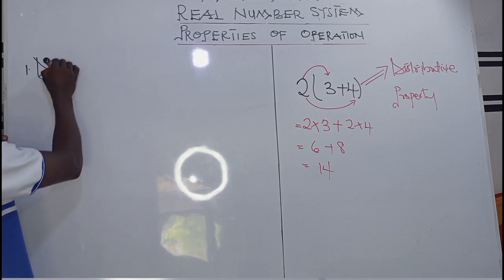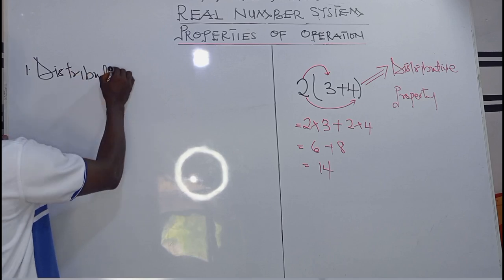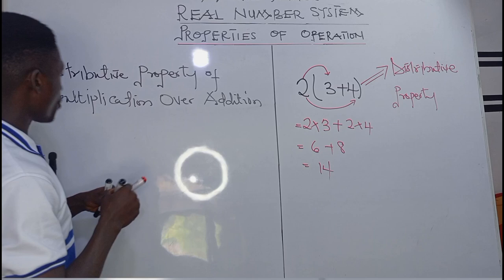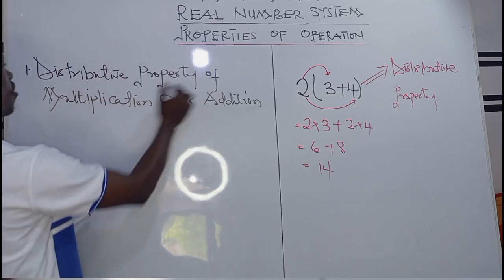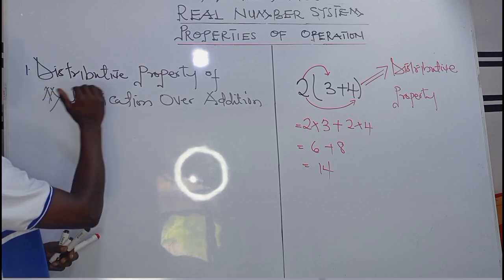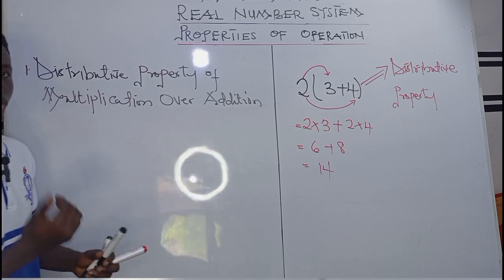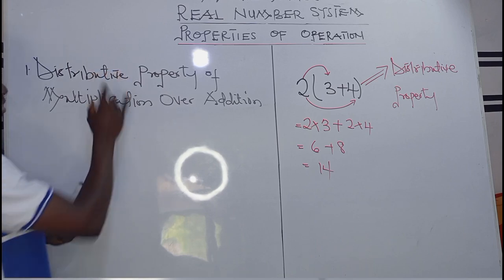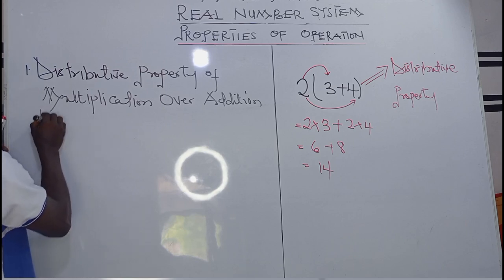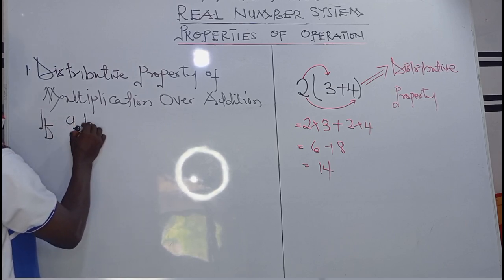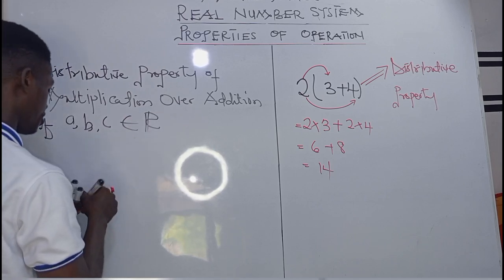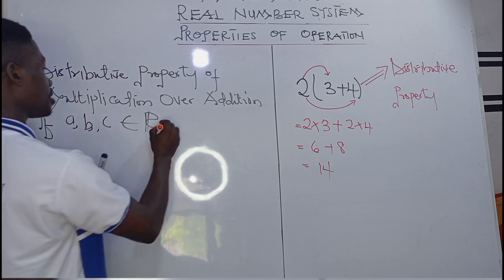And this is the next property of operation that we are going to look at today. Now, under the distributive property, we have the distributive property of multiplication over addition, and then the second one is the distributive property of multiplication over subtraction. Now, this property says that if A, B, and C come from the set of real numbers, then